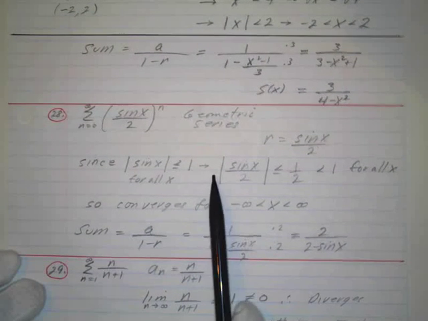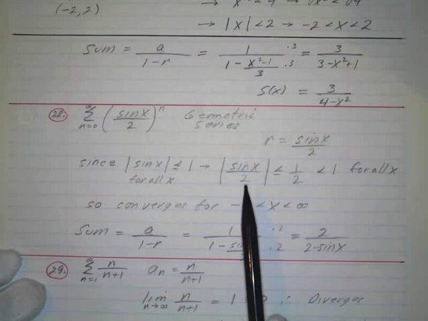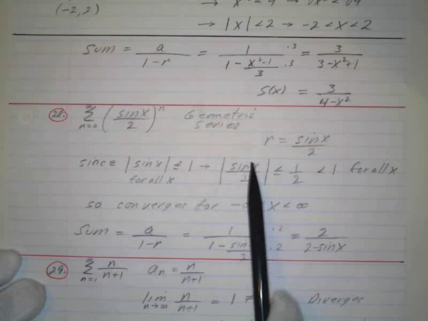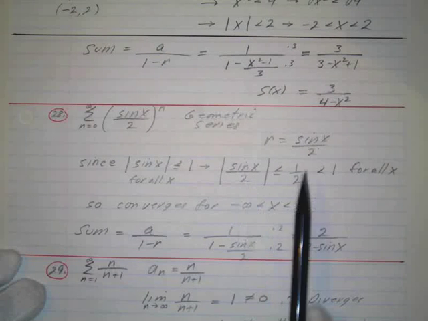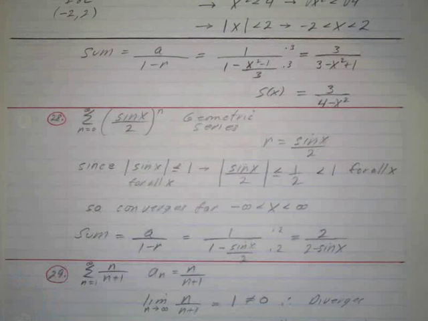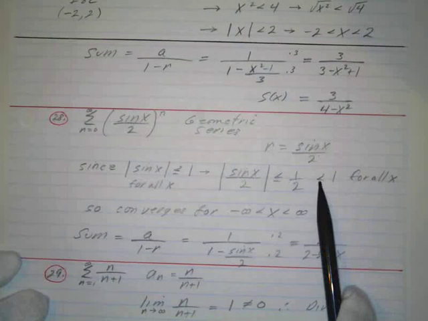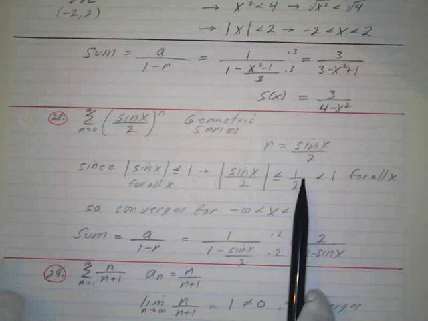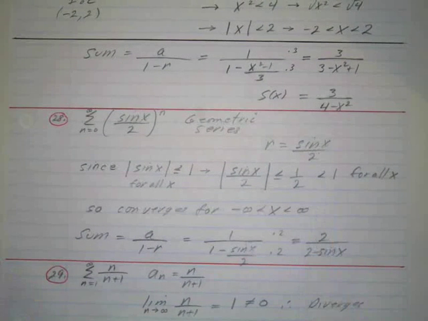Since I know this, for all x, I can say that the absolute value of sine of x over 2 is less than 1 over 2, because we know that the absolute value of this is less than 1. So I can write it's less than 1 over 2, which is less than 1. Well, that's going to be the case